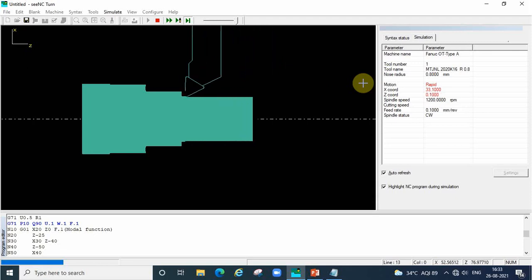Say for each and every cut, the tool is horizontally coming, no change in X. For taper turning only, the tool will be moving taperly.